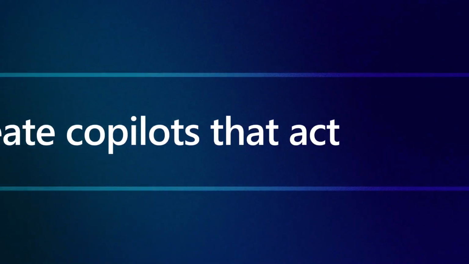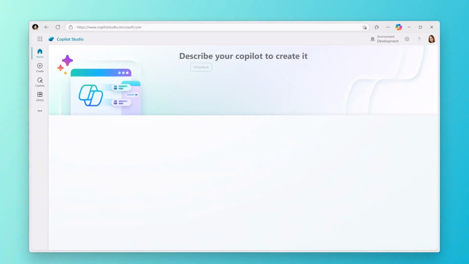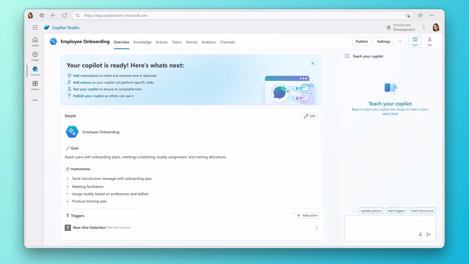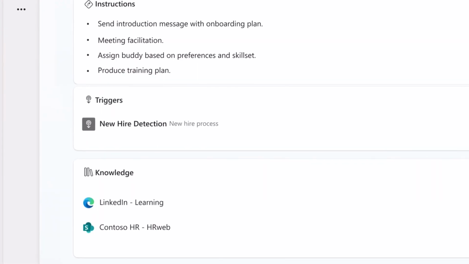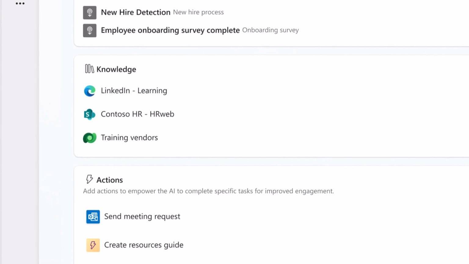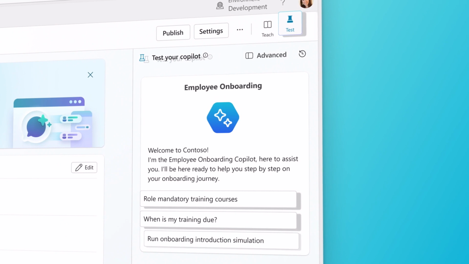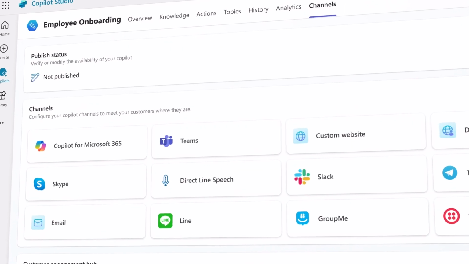Redefine business processes with Copilot Studio. Create copilots that act as agents, working independently for you. Simply describe what you want your copilot to do. Easily configure your copilot with the details it needs, like instructions, triggers, knowledge, and actions. Quickly test your copilot before you deploy, and seamlessly publish across multiple channels.